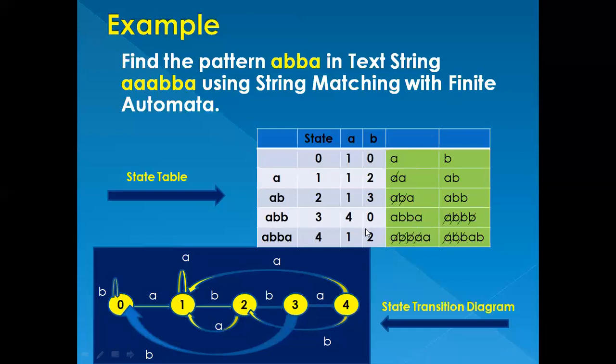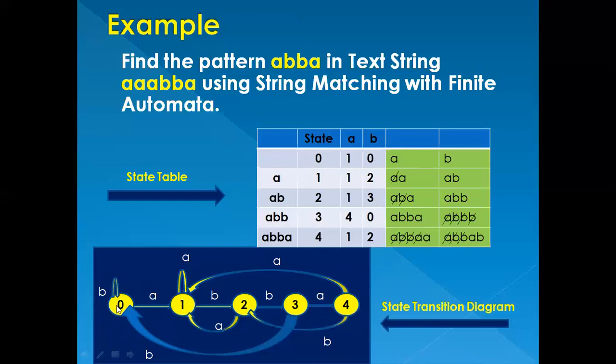So you're done with the state table. Once you're done with the state table, you can show the same representation using a state transition diagram. So this is what you require for matching. I've just shown the state transition diagram as a representation so that you understand it better. So you're starting from the zeroth state, right? That's your initial state. So from 0, on A it goes to the next state, 1.